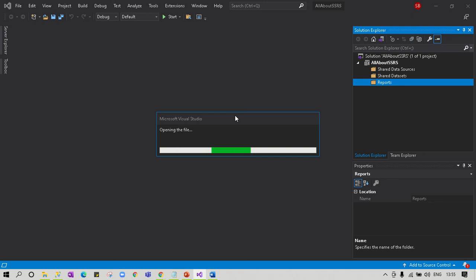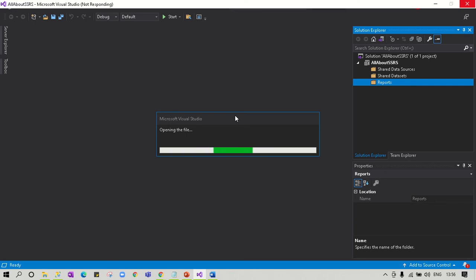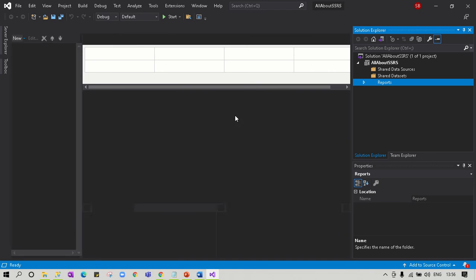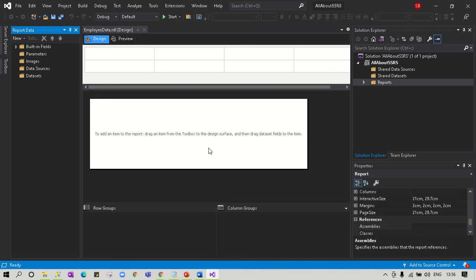As soon as I click on Add, I see a designer window opening up. Let's wait for a second. Okay, here we go. So this is the design area where we define the components.